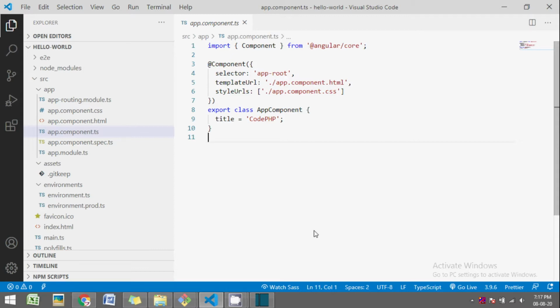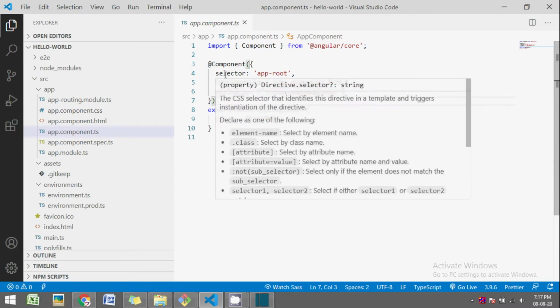Now let's try to relate this to the app component that we have in our Angular Hello World application. So let's go to Visual Studio and open the file app.component.ts. At the bottom we have our class. The name of the class is AppComponent. This class currently contains only one property, title, and does not contain any method. To this class, we have metadata attached in the form of the component decorator. By using the component decorator, Angular identifies the class as a component.